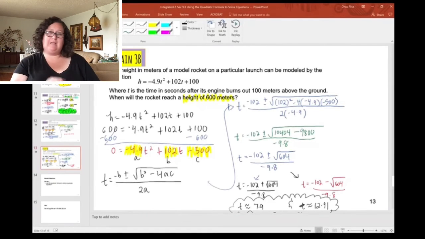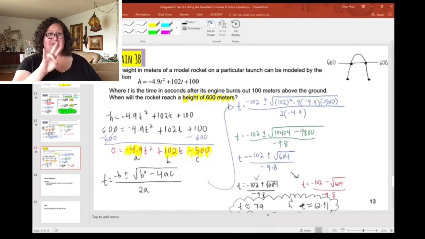That's not a mistake. What happens is the rocket actually reaches 600 meters at two different times. So if we were to draw a picture, let's say this is 600, our rocket would hit it in two different locations. So the rocket will reach 600 at 7.9, and it'll also reach it at 12.91